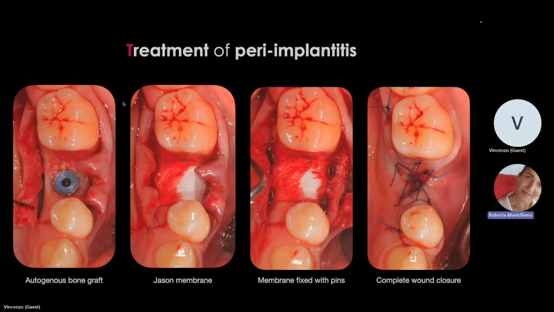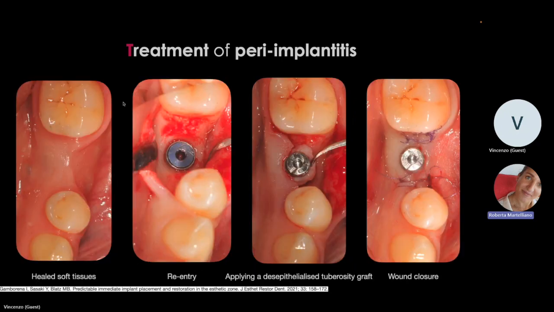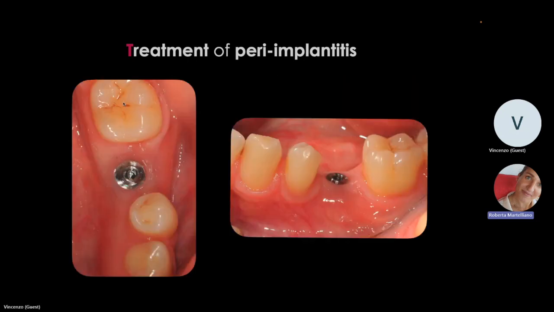Proper cleaning, then hyaluronic acid application, some autogenous bone chips to cover the margin of the defects, and then a pericardium membrane was placed. After proper healing time, abutment connection with some tuberosity graft to create a proper soft tissue profile, and then once